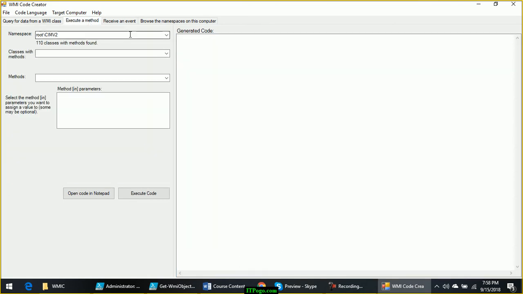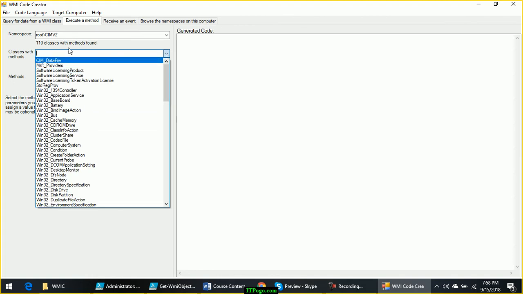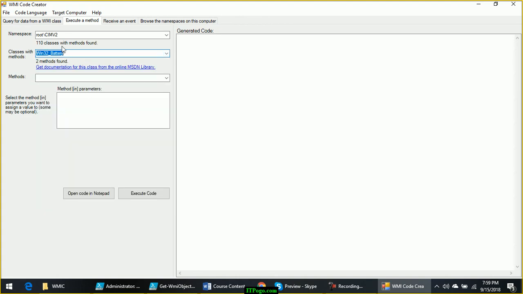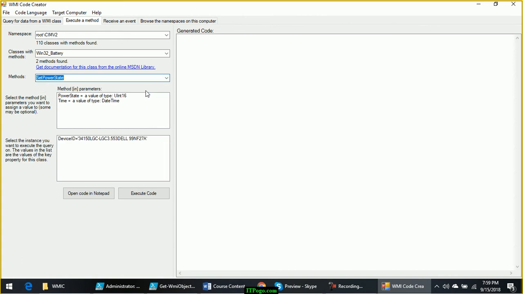Here it will show you whatever WMI class consists of methods. Now method, as you know, will allow you to do something with that object. For example, if you want to reset the battery, you select the battery class. It will show you what all you can do with the battery. You can reset the battery, you can set the power state of the battery, and when you select it, it will show you other input parameters which are required.